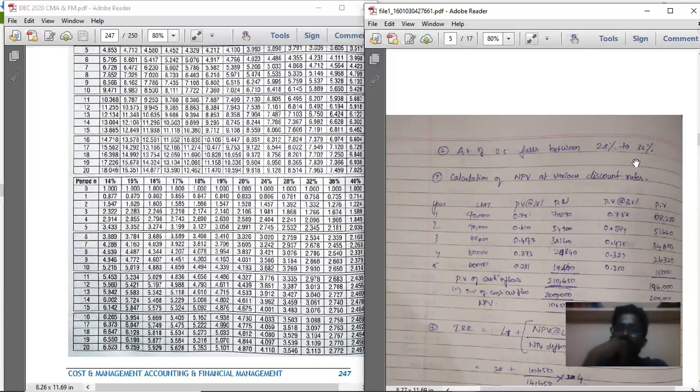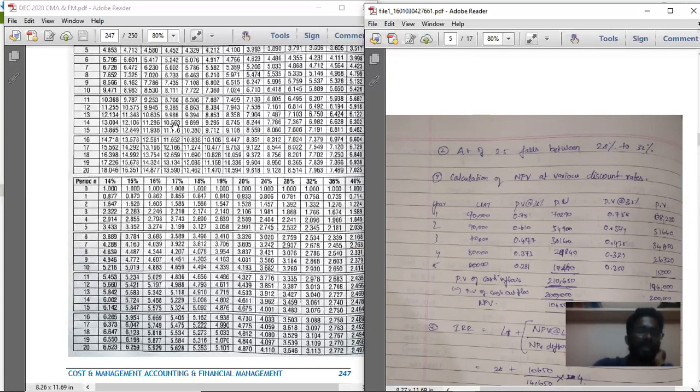That is, the annuity factor of 2.5 falls between 28% to 32%. Annuity factor, we are using the annuity table to calculate the fake payback factor value. For calculating the value, what is the formula? Annual investment divided by average CFAT. So we should find the average CFAT and the annual investment. If you divide both, you will get the fake payback factor,